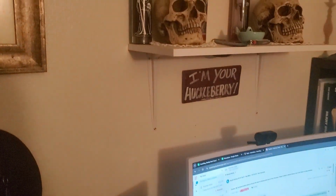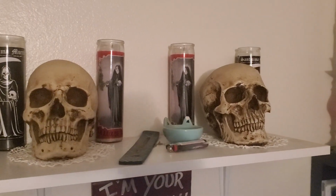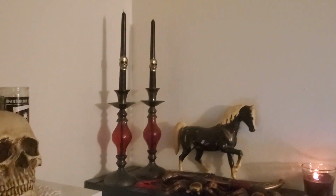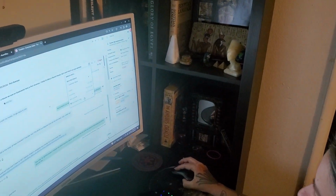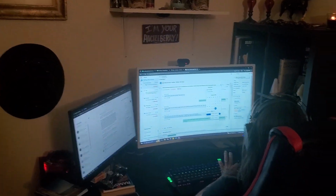So, I'm going to pan across. This is just a quick tour of Angie's decorative work setup here. As you can see, she places curses on people who cross her the wrong way. This is how she ruins vacations, if you don't know. Like, she'll conjure up a hurricane. But no, for real, she's working hard, doing her thing,